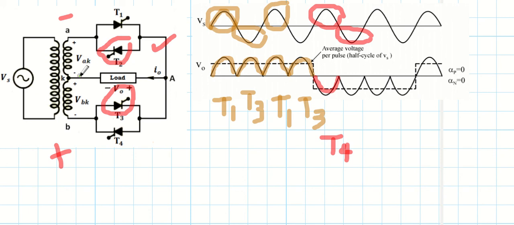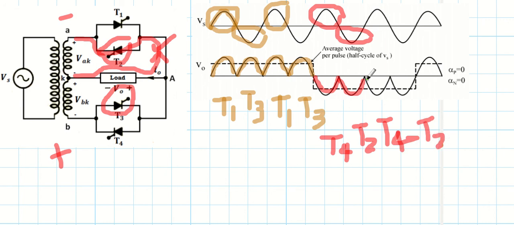Because of thyristor T2, the current will enter from the negative terminal of the load, like this one, and goes to thyristor T2 like this. So at the output, what we have? We have a negative pulse, and this one is due to T2. Similarly, the next conduction will be due to thyristor T4, and the last one will be due to thyristor T2, and our output waveform will be complete.